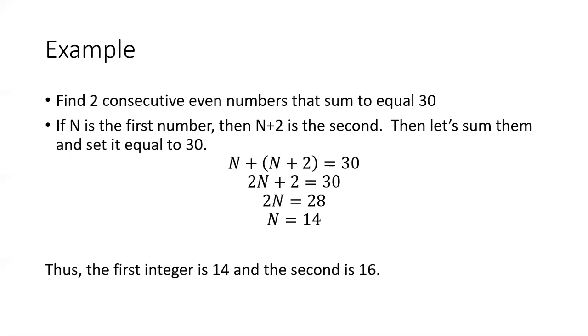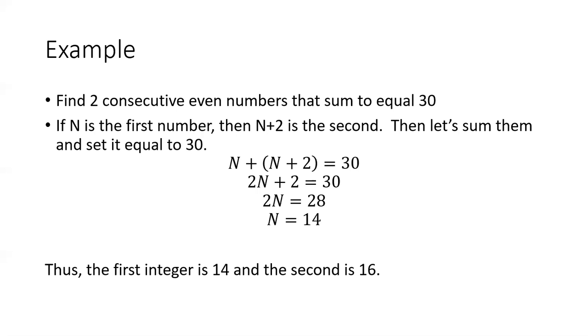Find two consecutive even numbers that sum to 30. So if n is the first number, then n plus 2 is the second, right? Because even numbers are 2 apart from each other. So sum them together and set it equal to 30. So n plus (n plus 2) equals 30. 2n plus 2 equals 30. 2n equals 28. Divide both sides by